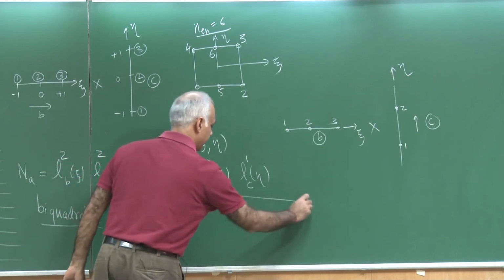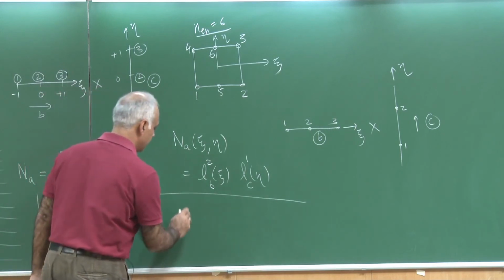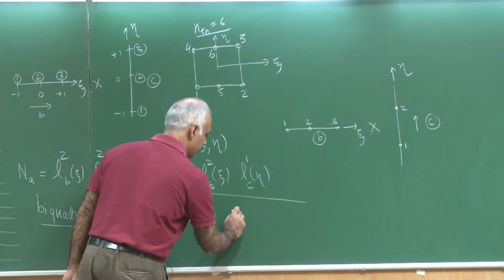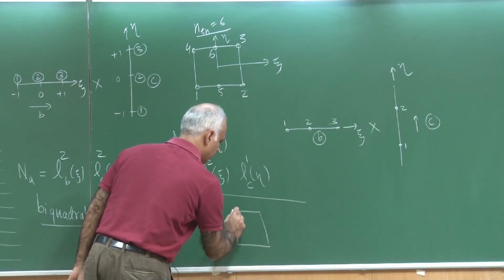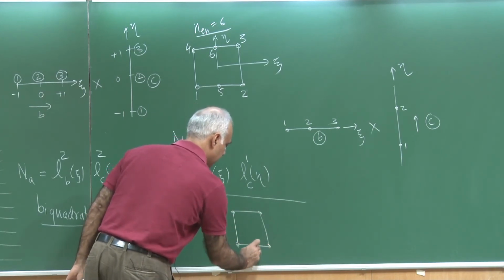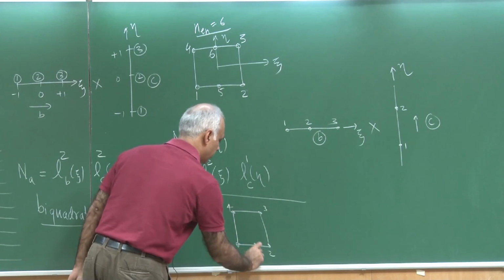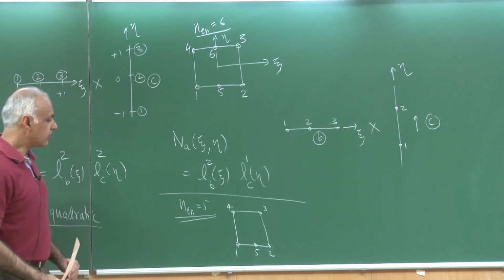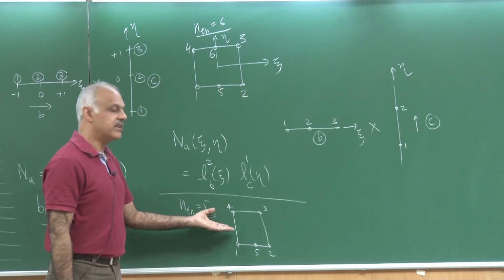Something to think about. I am not going to give you the solution, but I want to pose a problem for you. How about NAN equal to 5? What if I want to generate an element like this? So, I want a node only on this edge 1, 2, 3, 4 and another edge 5. How should we generate the shape functions for this element? Okay. While we respect completeness.